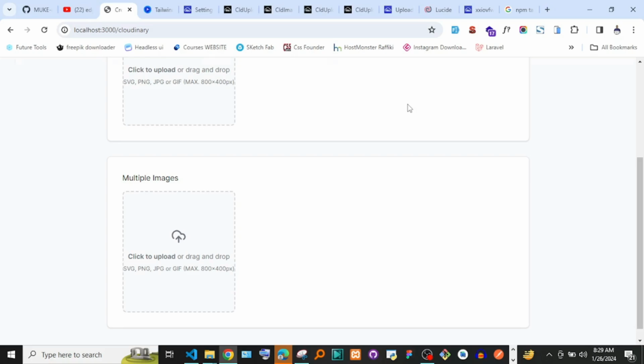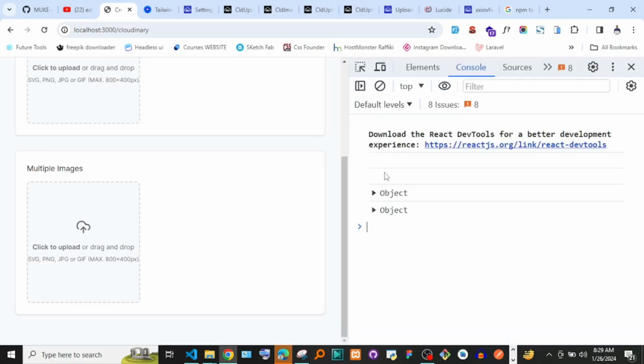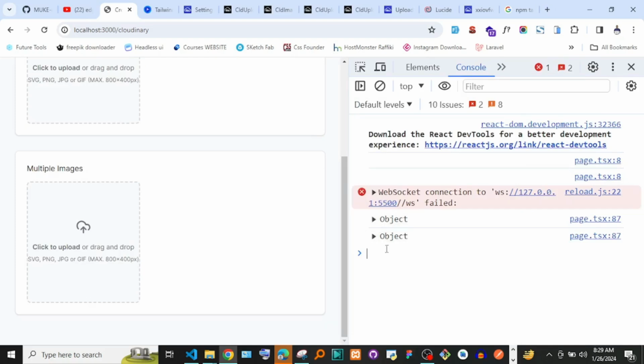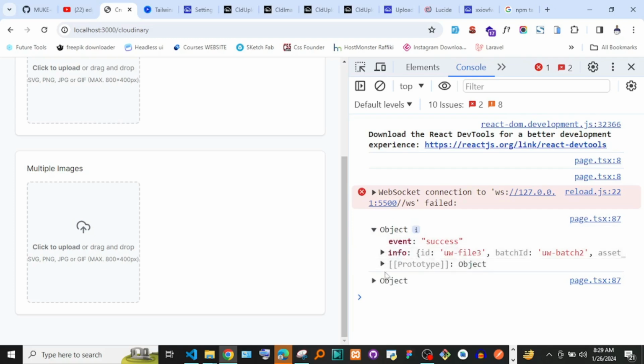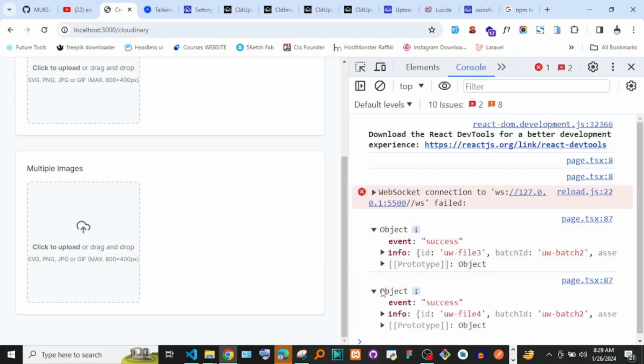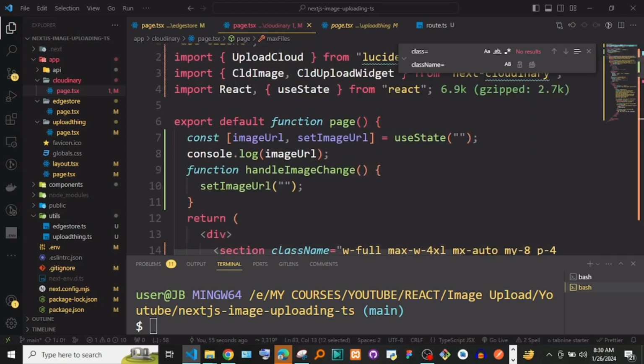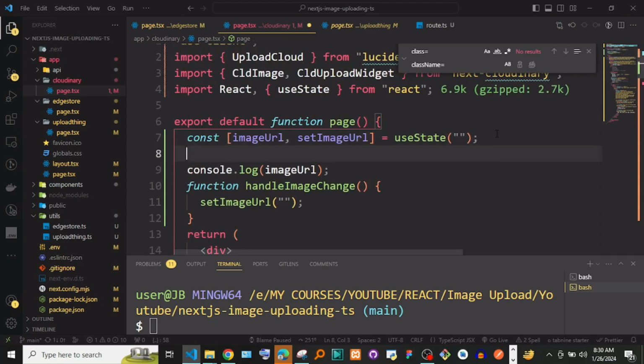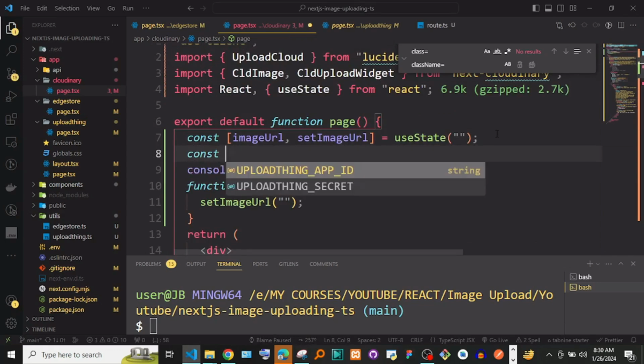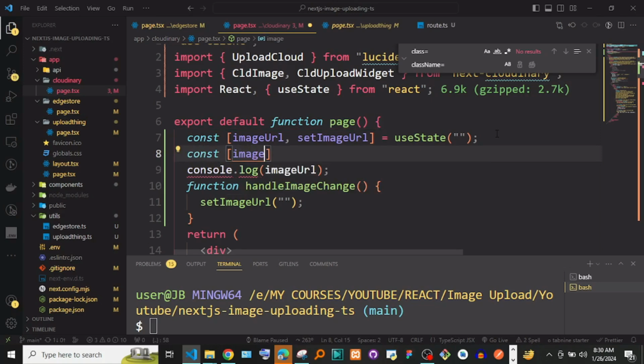So if you go to F12 on the console, you see that you have 2 objects, one for the first image and the second one for the second image. This is the same thing we encountered on the EdgeStore, and the easy way to handle it is to create a state here. So we create a state const imageURLs,